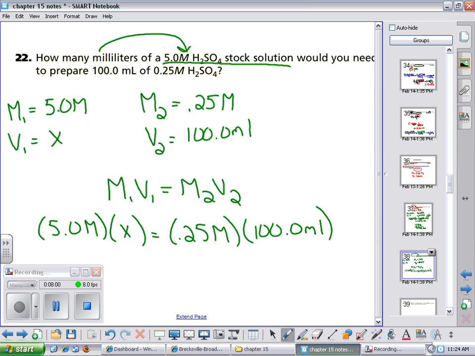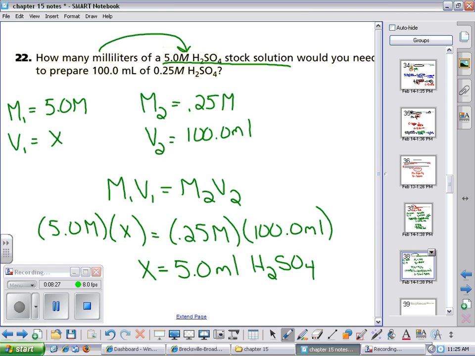Okay, you'll be good because the concentrations will cancel out and you'll end up with just your volumes left. So you're okay there. So 0.25 times 100 divided by 5 gives you X equals 5. And we'll need 2 sig figs milliliters of the